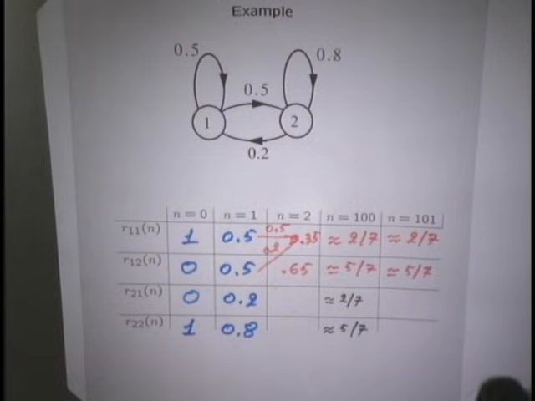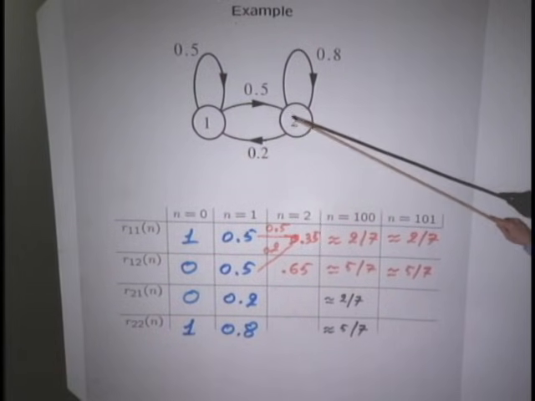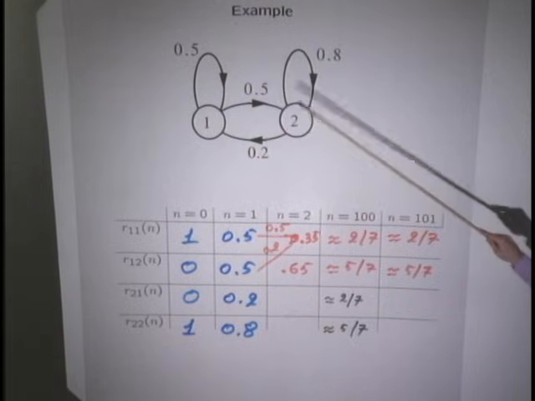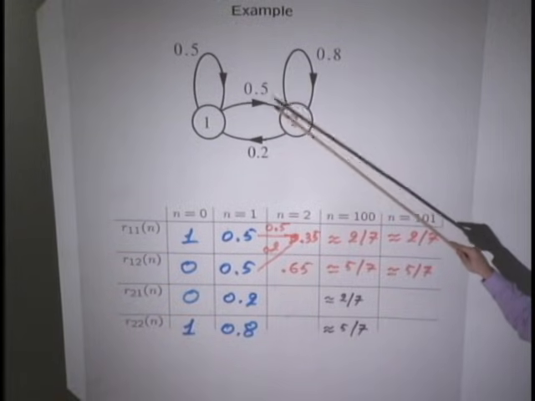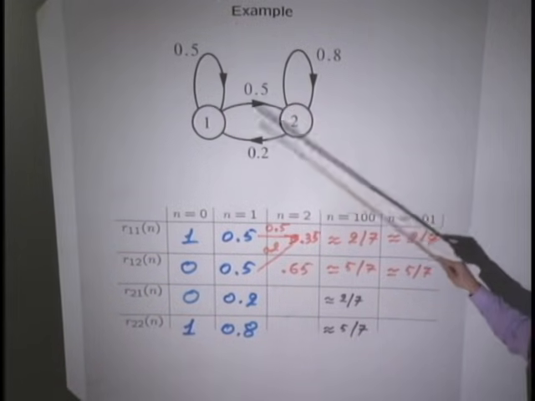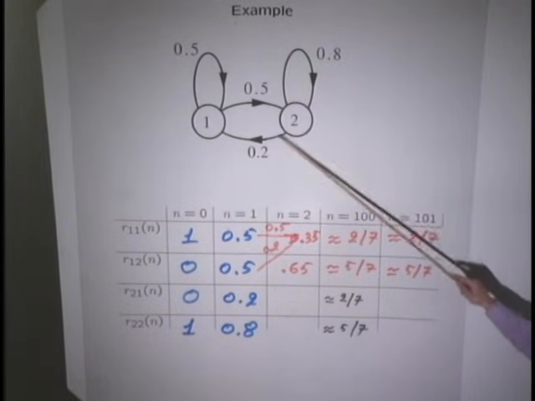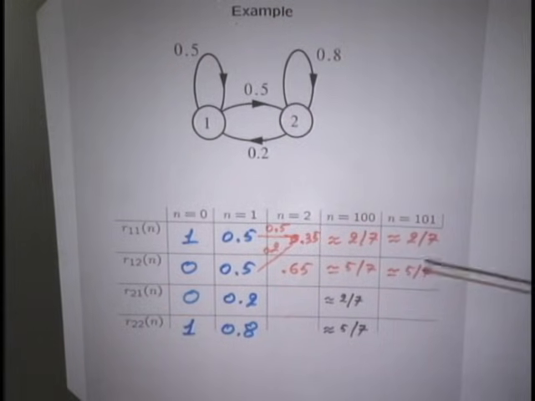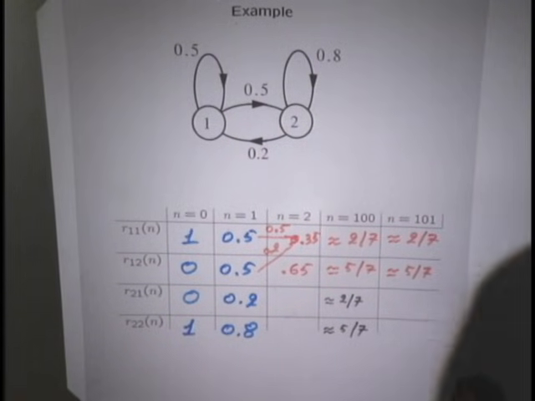Incidentally, do the numbers sort of make sense? Why is this number bigger than that number? Well, this state is a little more sticky than that state. Once you enter here, it's kind of harder to get out. So when you enter here, you spend a lot of time here. This one is easier to get out because that probability is 0.5. So when you enter there, you tend to get out faster. So you keep moving from one to the other, but you tend to spend more time on that state. And this is reflected in this probability being bigger than that one. So no matter where you start, there's 5/7 probability of being here, 2/7 probability of being there.